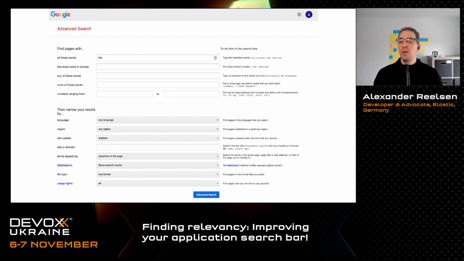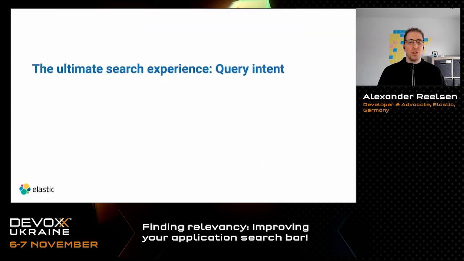It's unlikely. Or imagine going to LinkedIn and having those different fields to put in whom you're searching for. It's unlikely that users would make use of that. So the more specialized you are, the less you try to have something like an advanced search. For the Google case, this only works because they are really, really broad in what their search experience is.